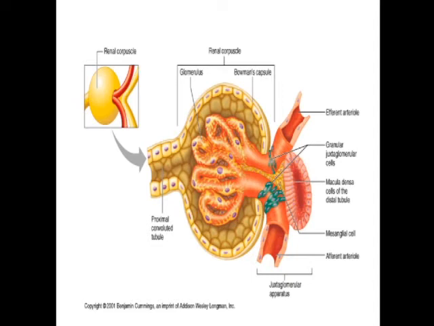filtration. The fenestrations of the glomerular capillaries are larger, that is 70 to 90 nanometers in diameter, and they are more numerous than the pores of fenestrated capillaries found in other parts of the body. In addition, the pores of the glomerular capillaries are not spanned by any diaphragm. All these fenestrations allow the plasma to pass through the wall of the glomerular capillary.